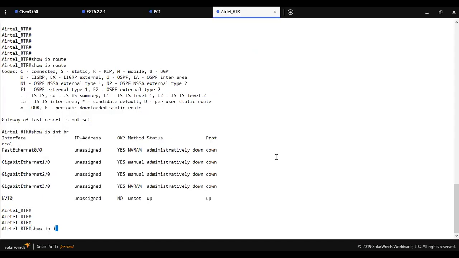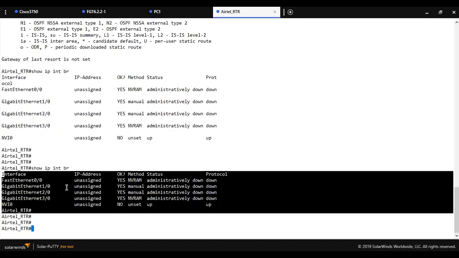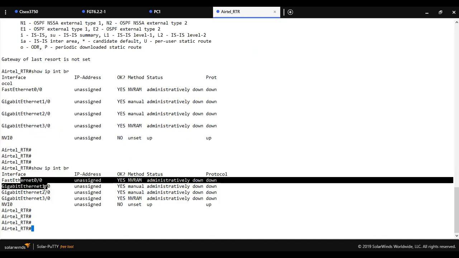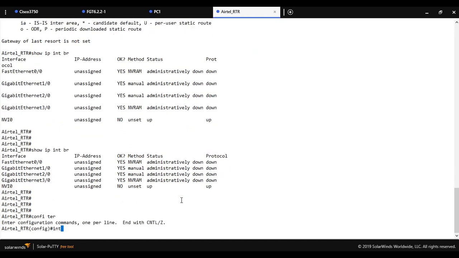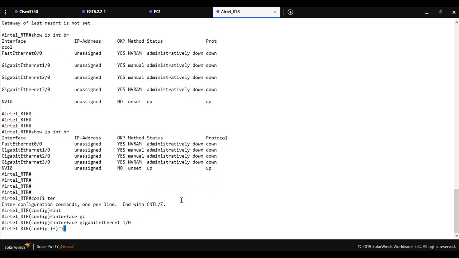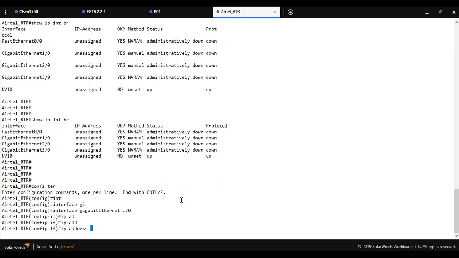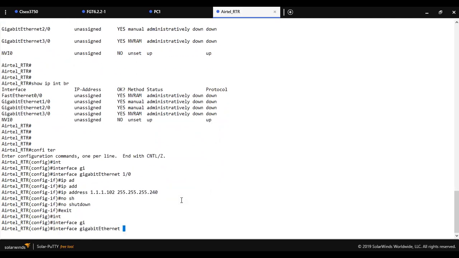So I think it's clear. As you can see, I haven't configured any IP address for this port, the LAN and VLAN, WAN interface. So I'm going to configure: config interface Ethernet 1/0, IP address 1.1.0.102, and the netmask is going to be 240. Then shutdown interface Ethernet